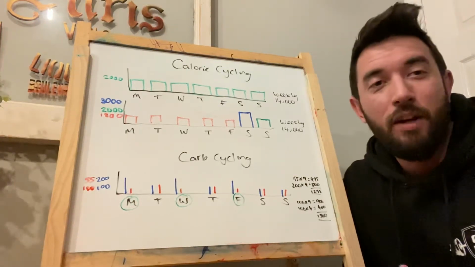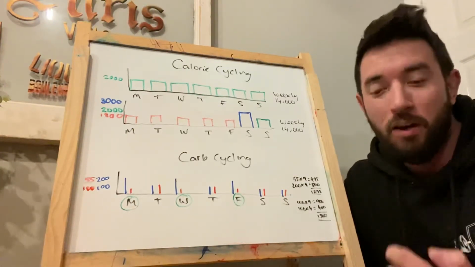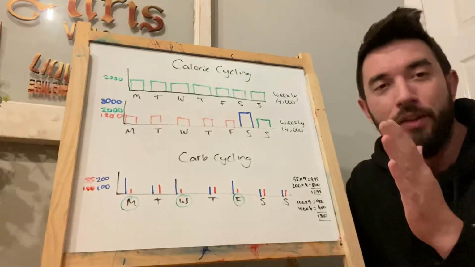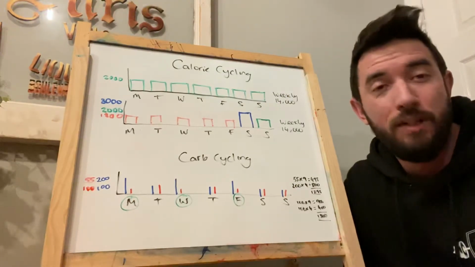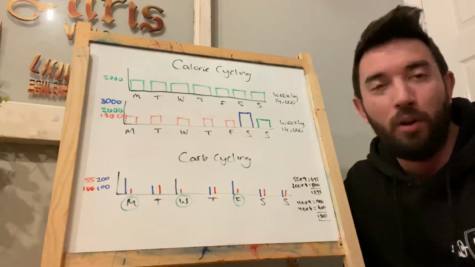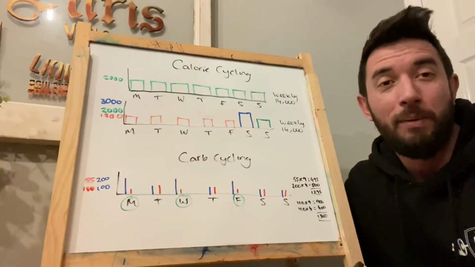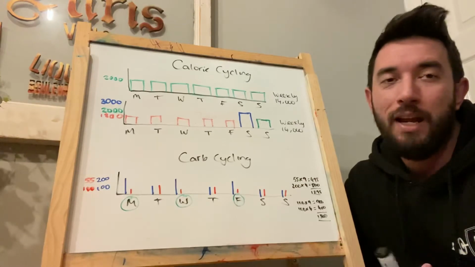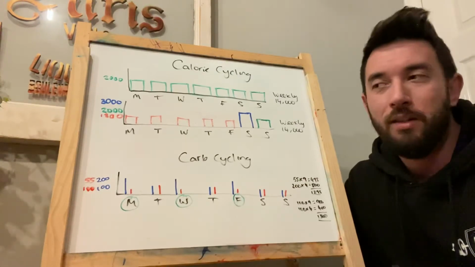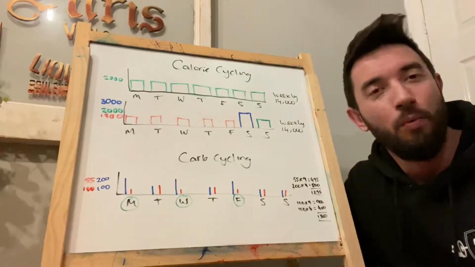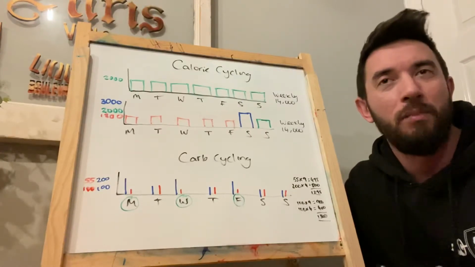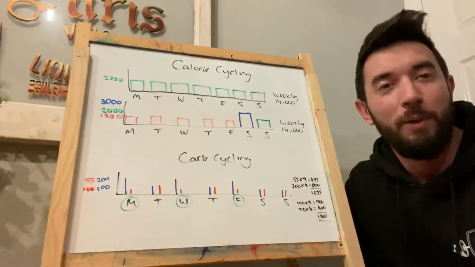Okay, so today's video is going to be on calorie and carb cycling. We've already covered how to work out calories and applying them for whatever your goal is, and we've already gone into some detail about macros. So now what you can look at is ways to manipulate what needs to be done to make it fit around your lifestyle a little bit better.